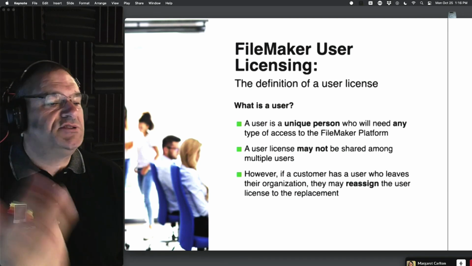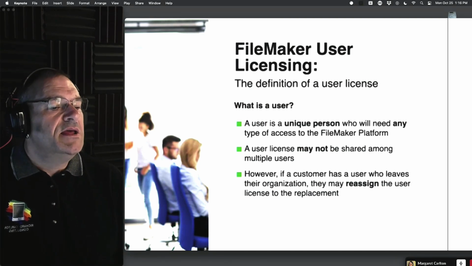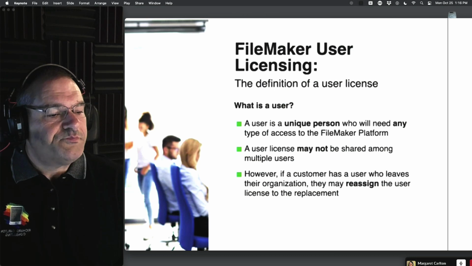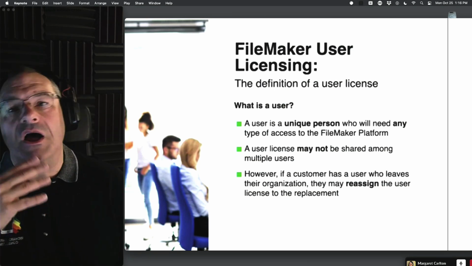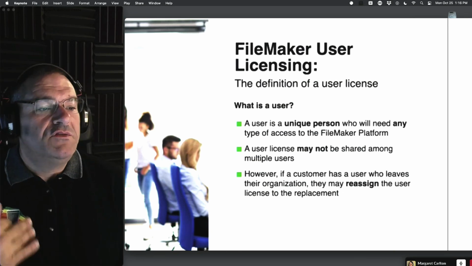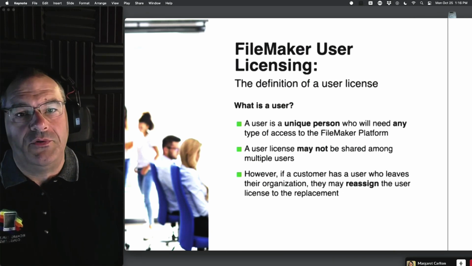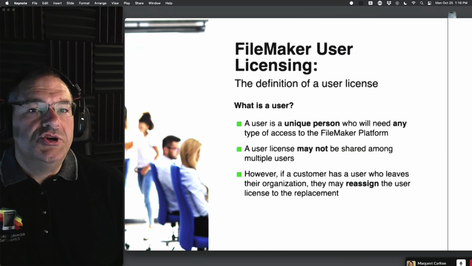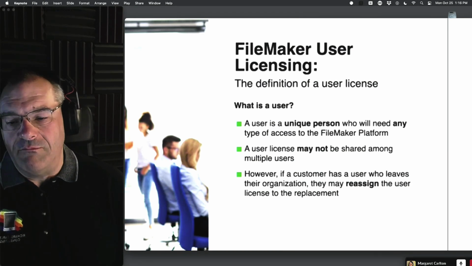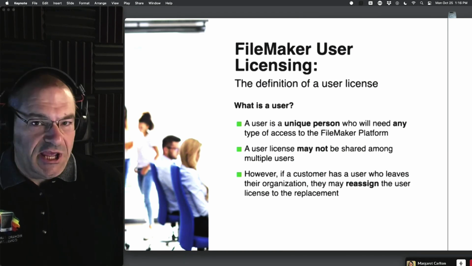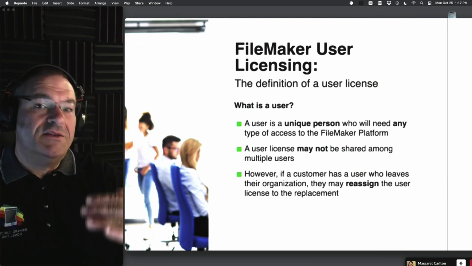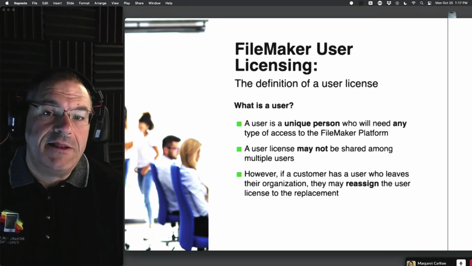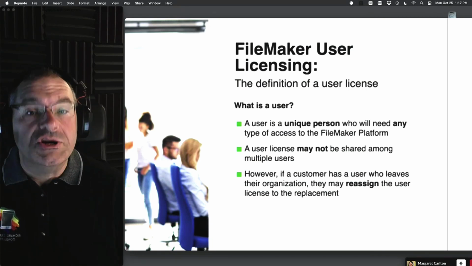So user licensing, this is right off of Claris's website. But essentially, it's a named person. You should legally, I think if you read the contract, you should be able to name the people. So say you have 7 people in your company, right? You should name Fred, Dick, Harry, Sally, Monkey Bread, Watson, and Jacob Taylor. You should be able to name those people, and those people are the named individuals. If Claris asked you to do that, you should be prepared to do that.